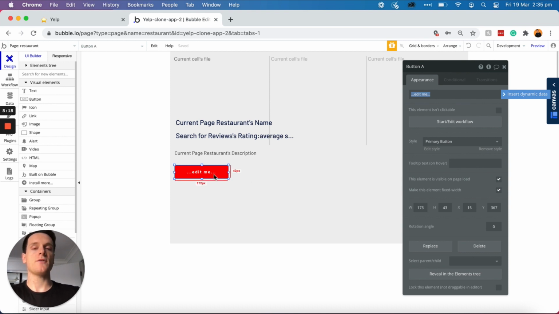Now, I won't be covering the actual process of creating a review in this module. I will, however, in another module within our tutorial today. However, I would just like to show you the process of how you can start to allow users to actually